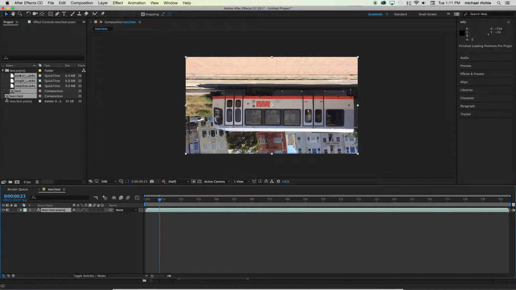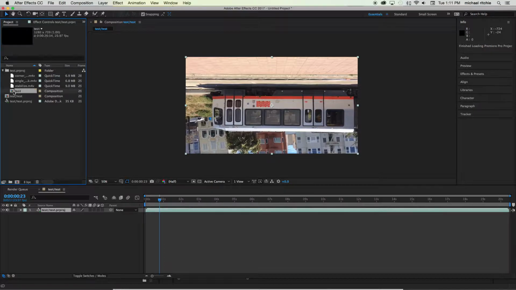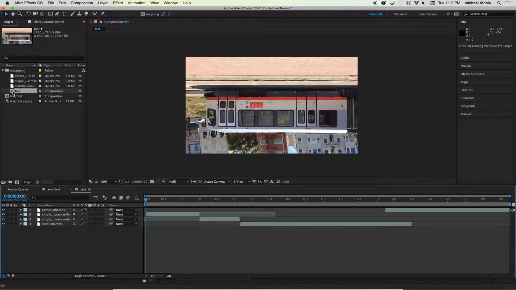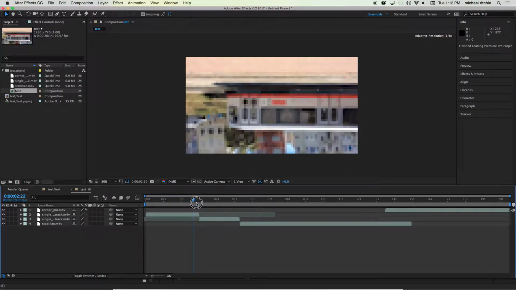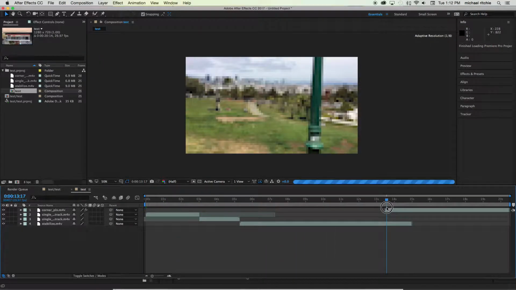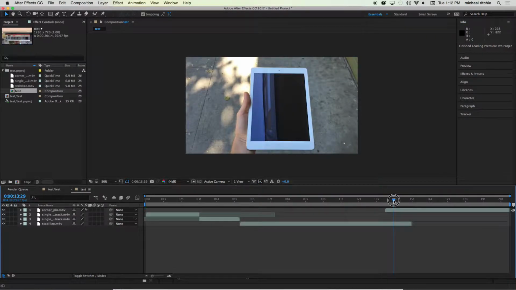This time it'll actually import the original video files, and it'll put your footage into a composition for you. So if you go inside that composition, you can see that all the edits have been made. And it should still retain,